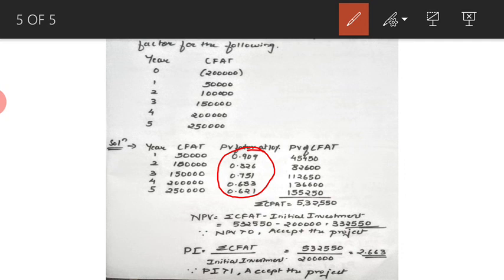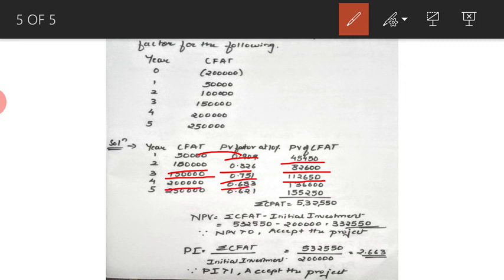I hope you are clear with these factors now, because these factors play a very important role when we are using discounted methods. Okay, so once we get these factors from the factor table, the next step is just to multiply these two, that is cash flows after tax into factor tables. So 50,000 into 0.909 gives you 45,450. 1 lakh into 0.826 gives you 82,600. 1,50,000 into 0.751 gives you